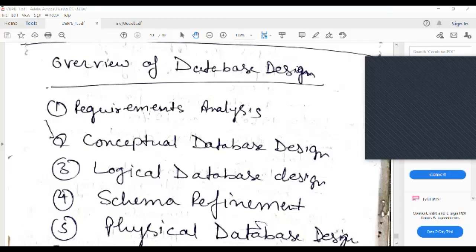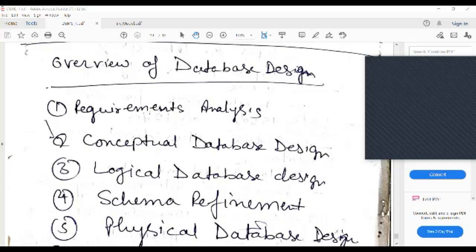Okay, then comes the role of logical database design. Okay, this logical database designing includes the conversion of this conceptual database design, that is the ER model, to its corresponding tables. Okay, just see how the information flows from top to bottom. That is from requirement analysis to conceptual database design with the ER model, designing of your database. Here comes the role of the ER model. Then logical database design is nothing but the conversion of that ER model.